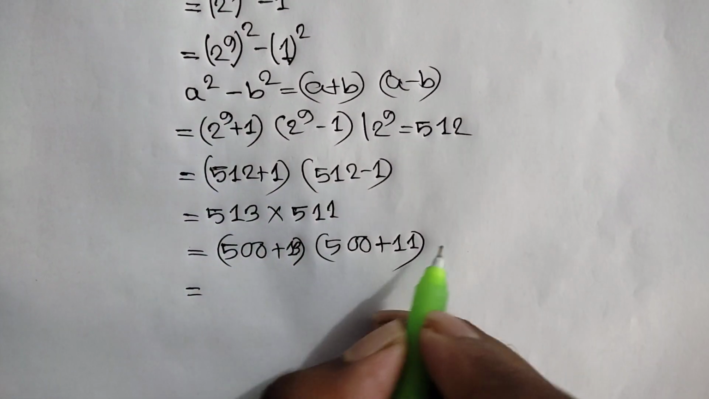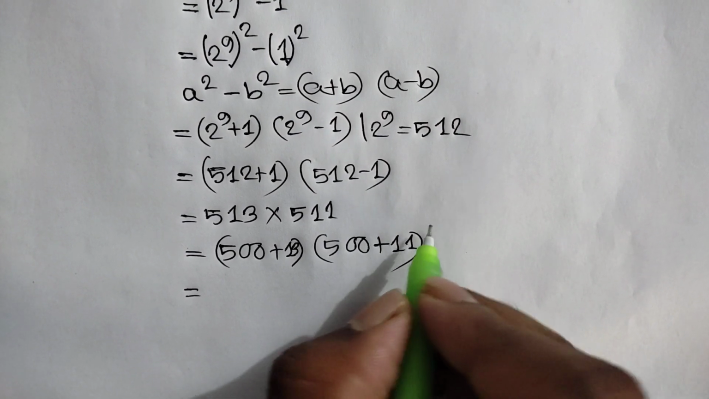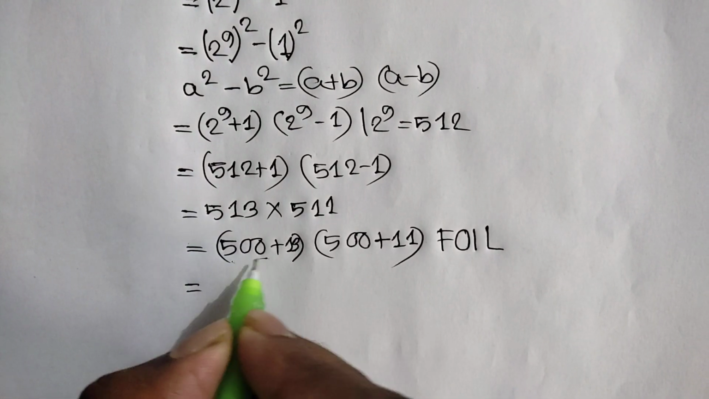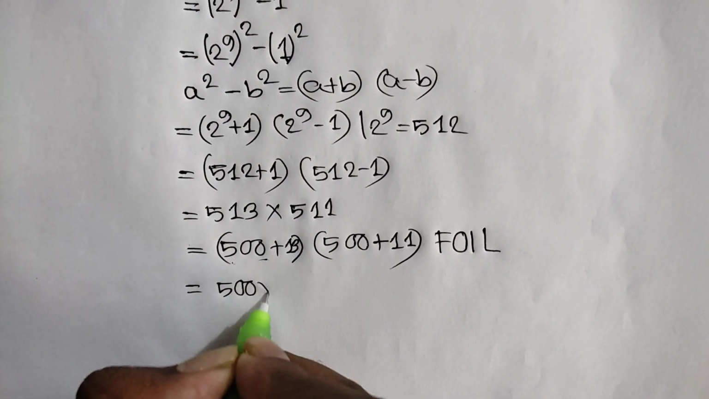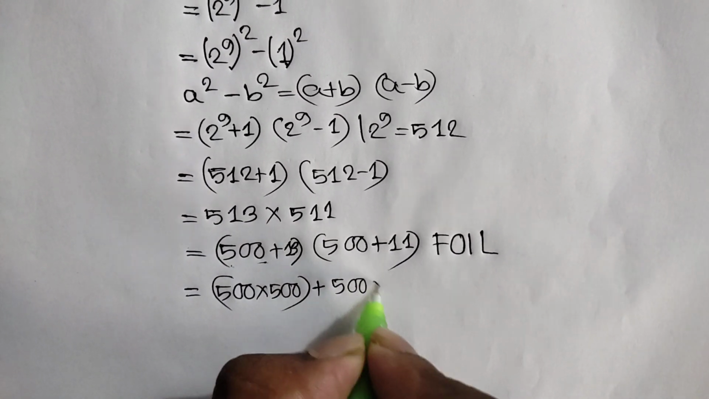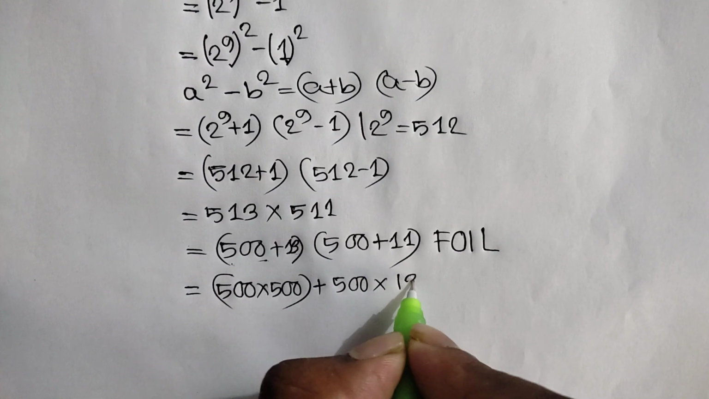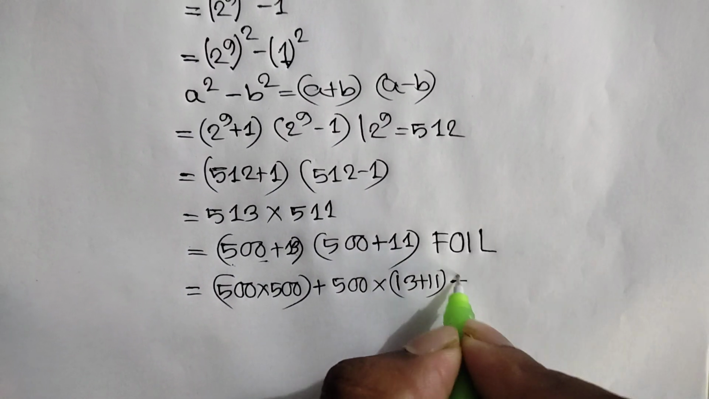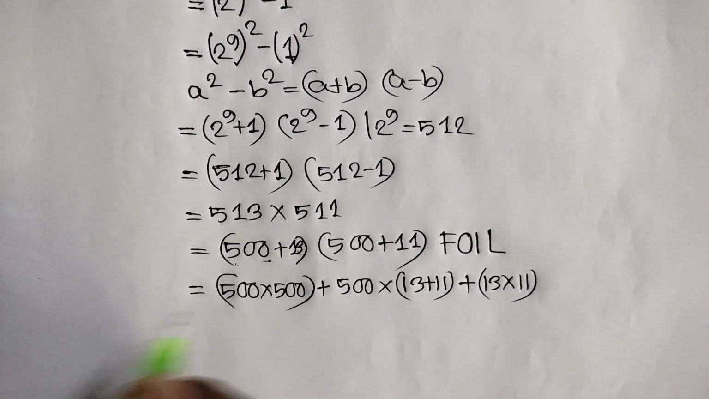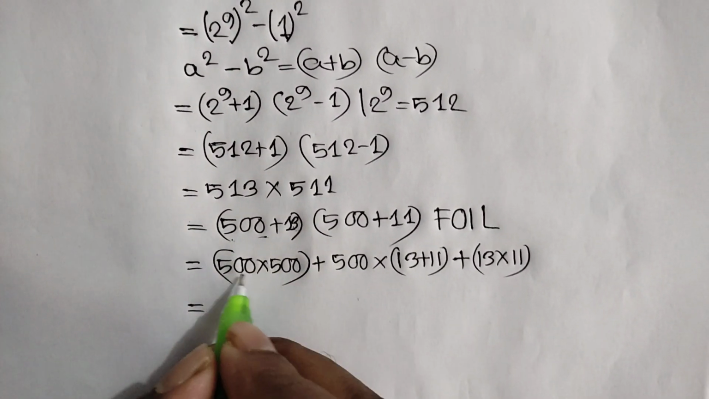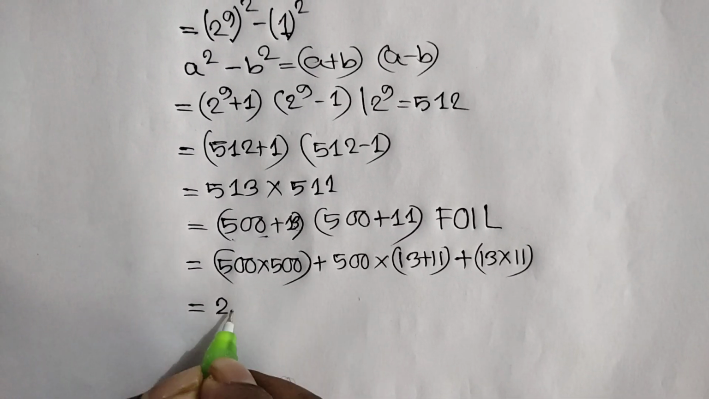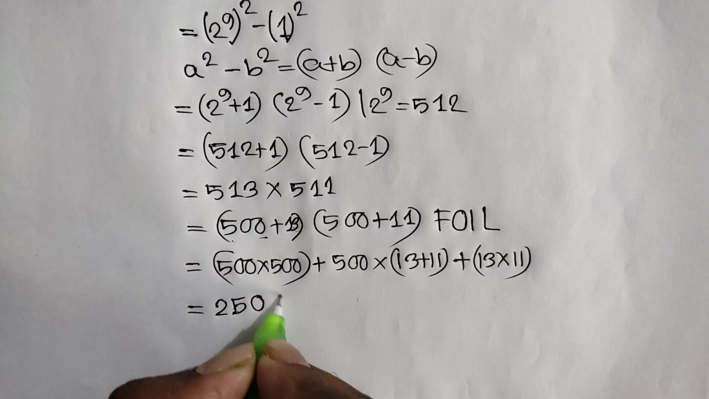is equal to, now we can use the FOIL method, so we can write 500 times 500 plus 500 times 13 plus 11 plus 13 times 11 is equal to, 500 times 500 is equal to 250,000